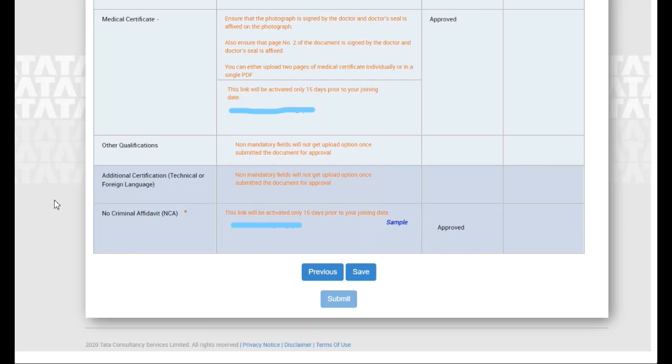So in this way I have covered complete information about the Tata Consultancy Services background check process. I have tried to mention all the basic details in the video. If you still come across any type of query and you are not understanding what to fill, or if you don't have a document, what other document you can upload in its place, you can ask these kinds of queries in the comment section below. I will reply to all the queries as I